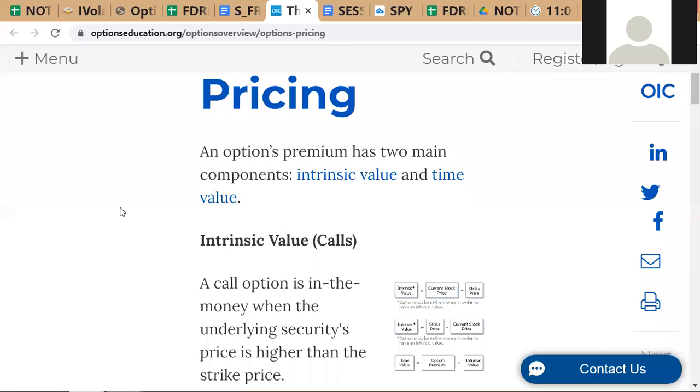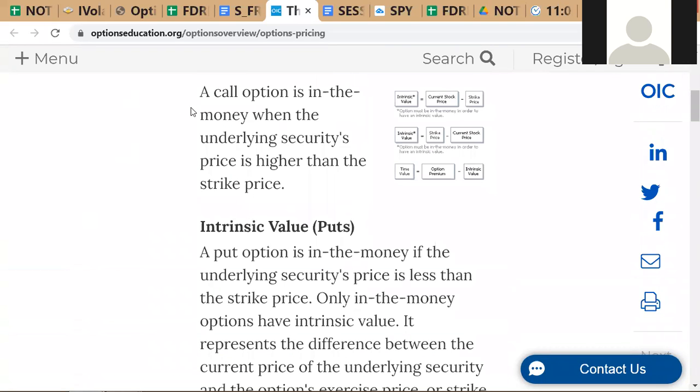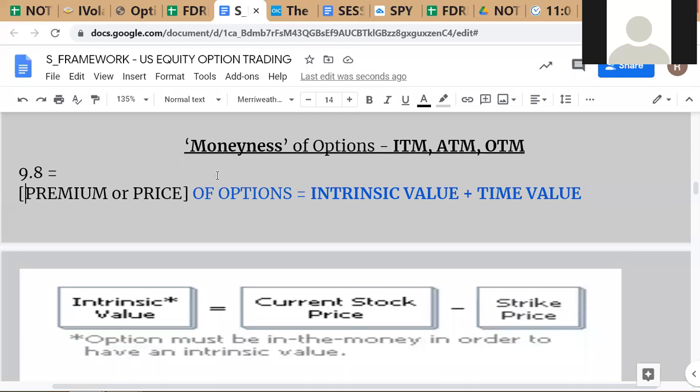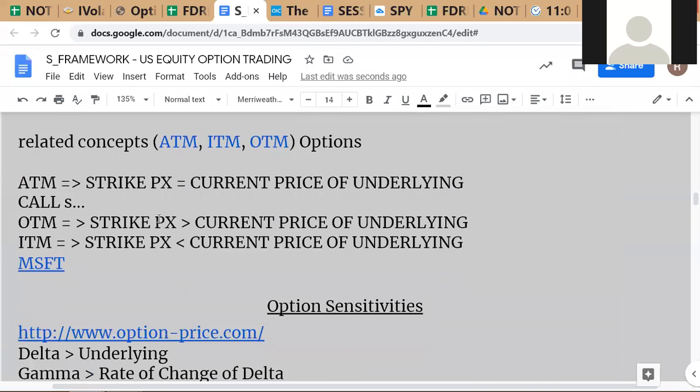What they've said here, you'll see a better explanation over here. I just extracted this image. A call is in the money, and they have gone ahead a few steps actually. Let's understand conceptually what IV is. Let me explain this, since I've not explained it here.